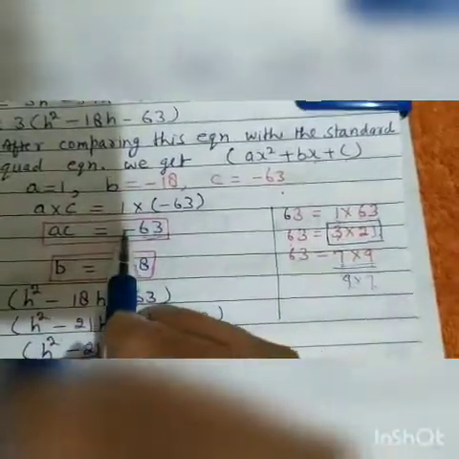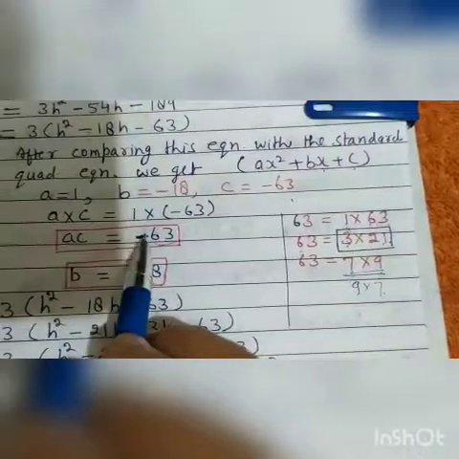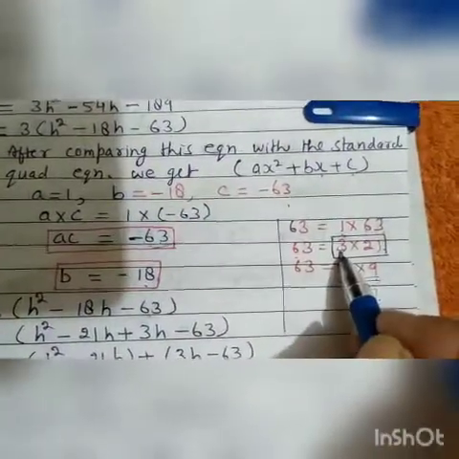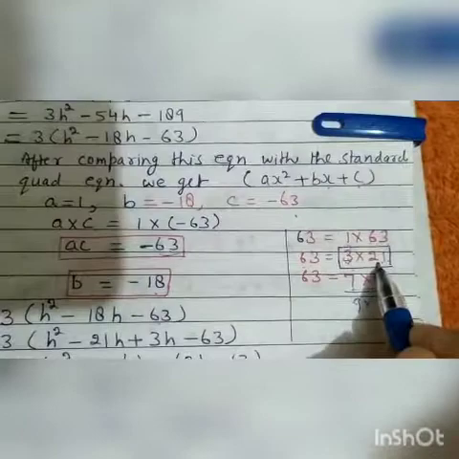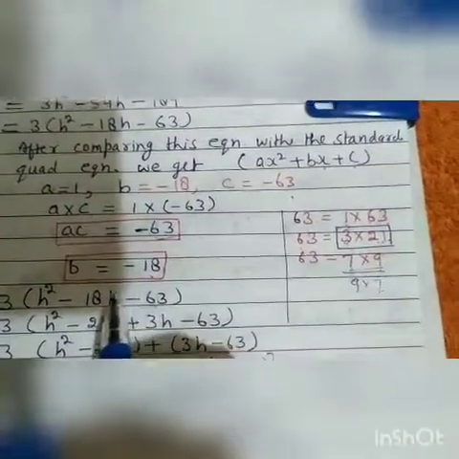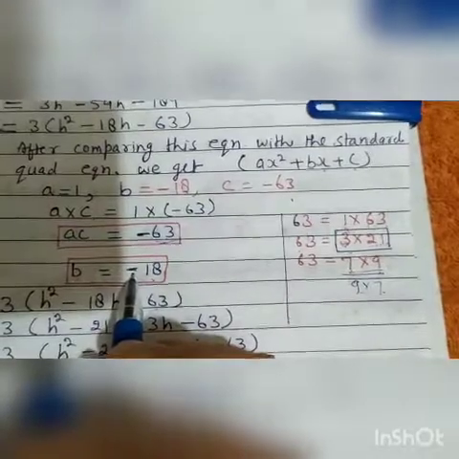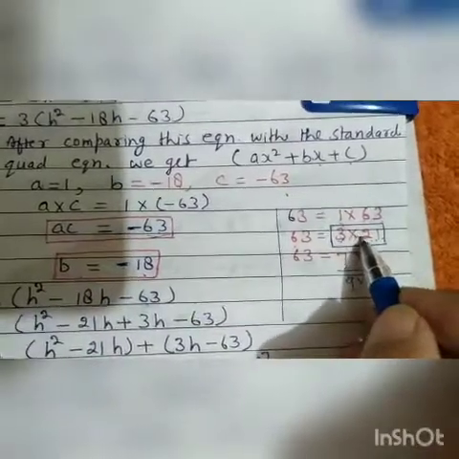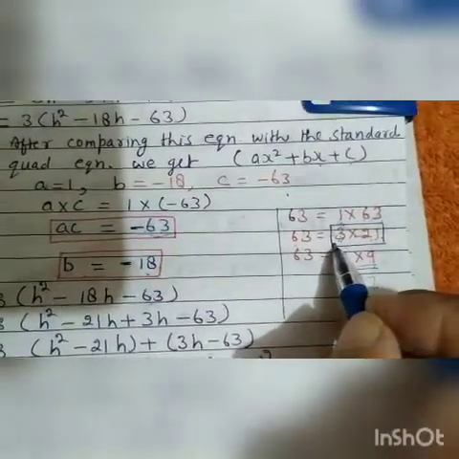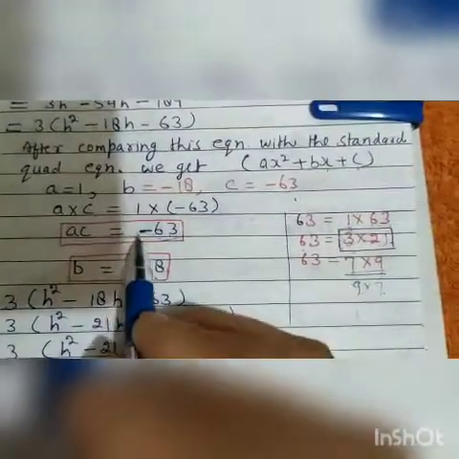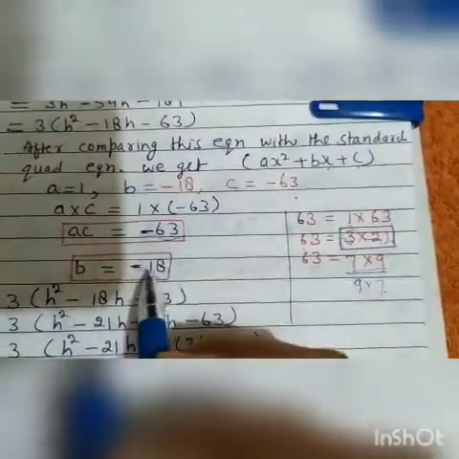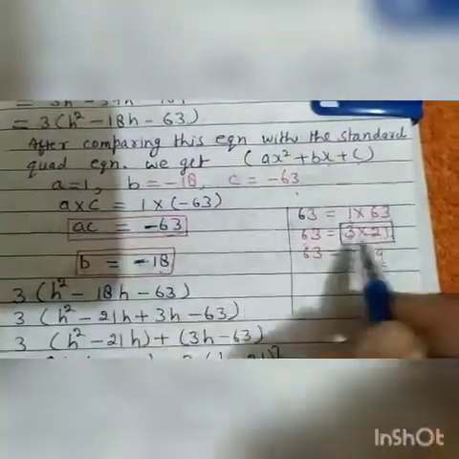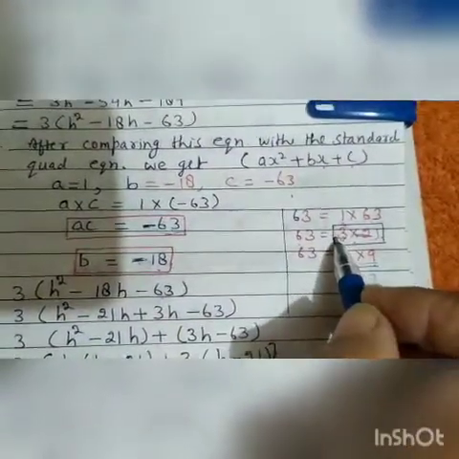Now see, this minus sign tells us that we can get this middle term by subtracting the factors. So see here, if we subtract this 3 from 21, we get 18. Now how will we adjust the sign? What is the sign of value B? It is minus. So we will put this minus with the greater number and the opposite sign with the smaller number. Again I am telling you, this minus sign tells us that we can get this value by subtracting the factors, and we will put this minus sign with the greater number and the opposite sign with the smaller number.